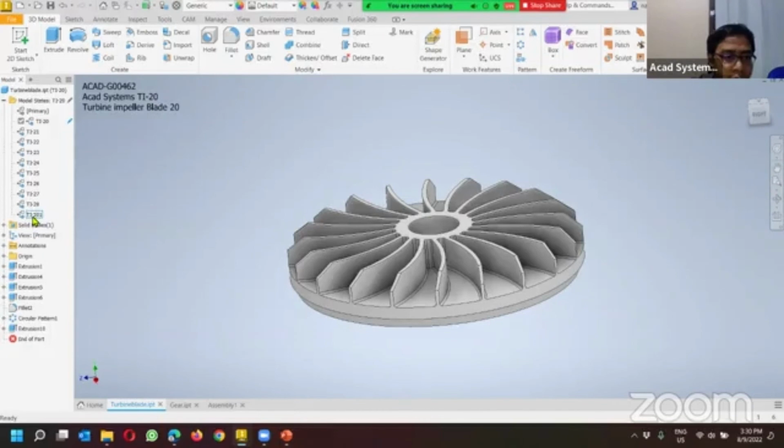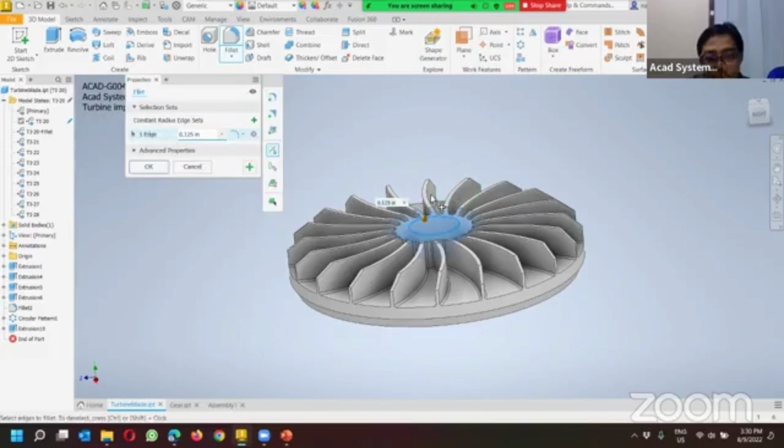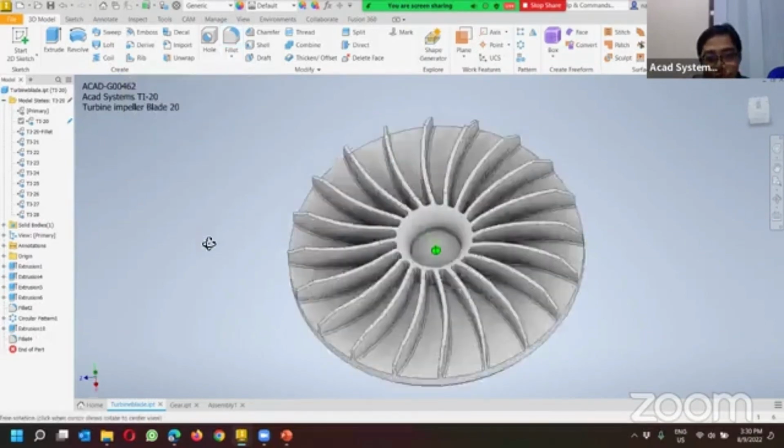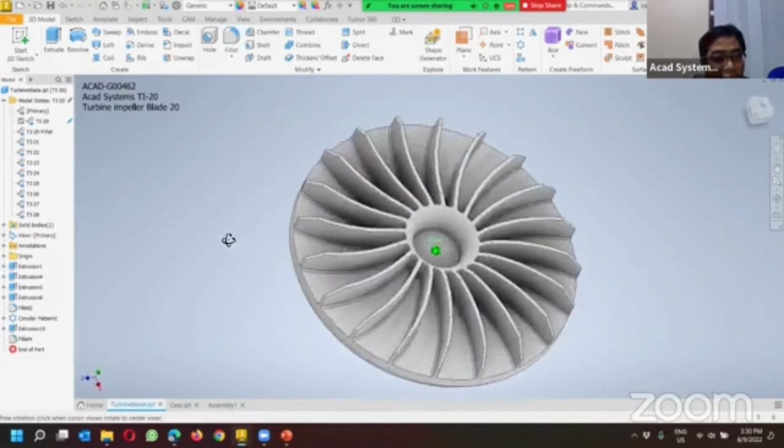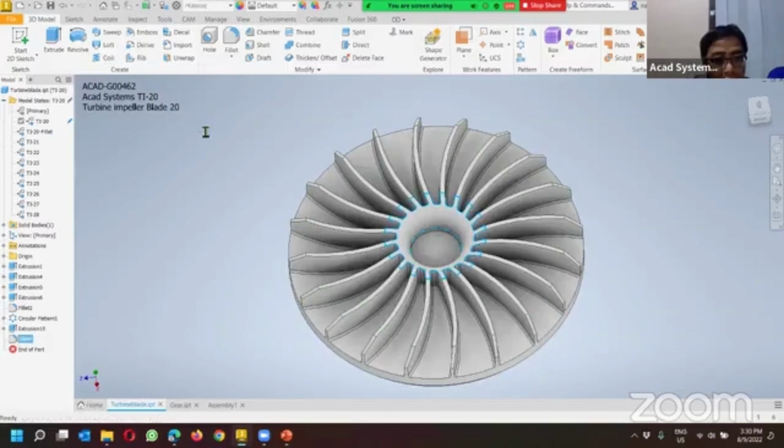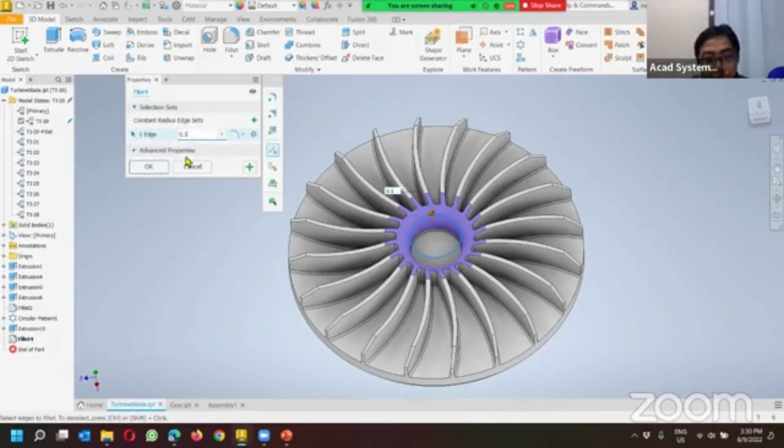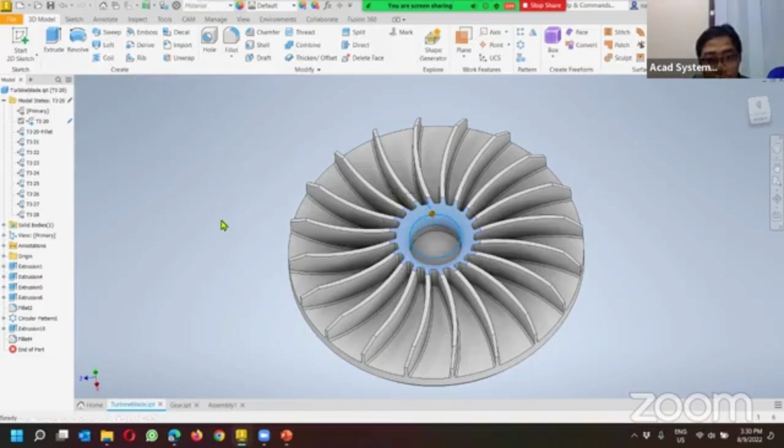which will be copying the turbine impeller to 21 plates. I can just rename this as fillet hole, say fillet, and I can even put some fillet right inside of it. So I have fillet. Okay, so let me just get this one. Let's say around only. So I have